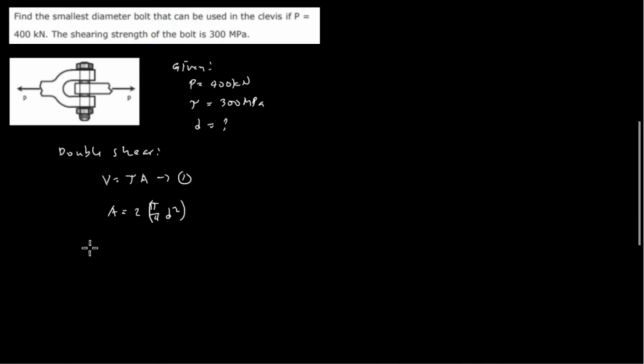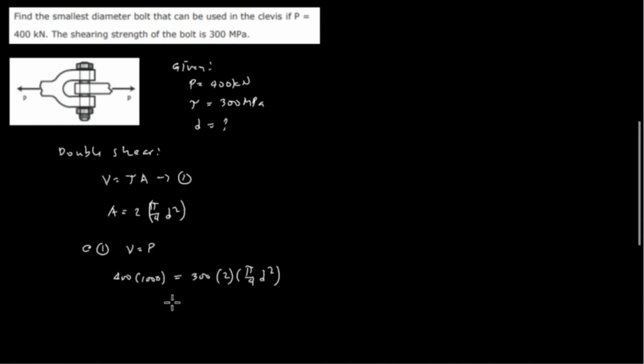And at equation 1, V is equivalent to P. V is equal to P, which is 400 kilonewton, multiplied by 1000, and equate to the tau, which is 300 megapascal, multiplied by the area, 2 times pi over 4 d